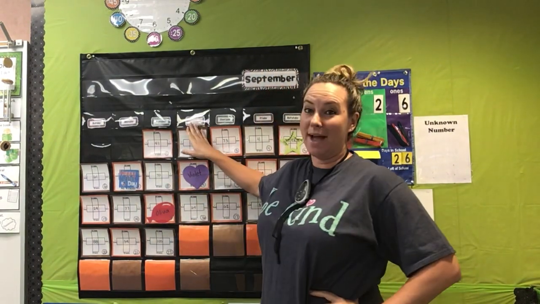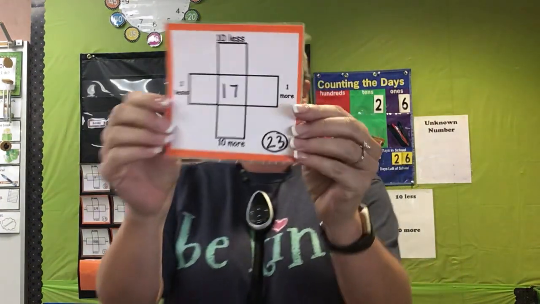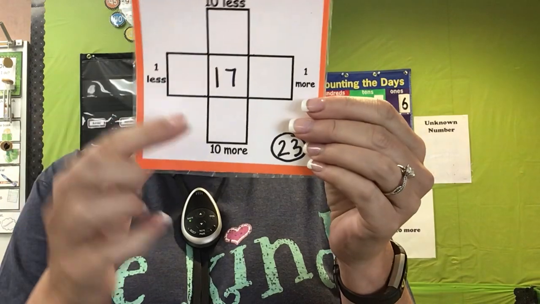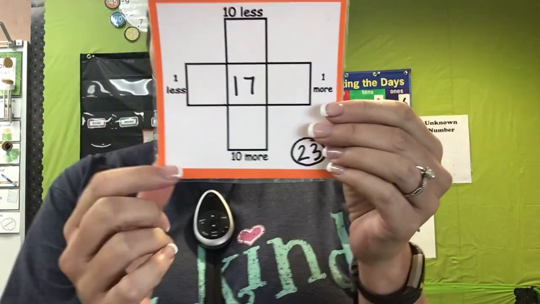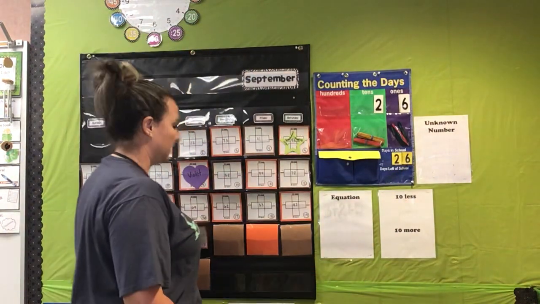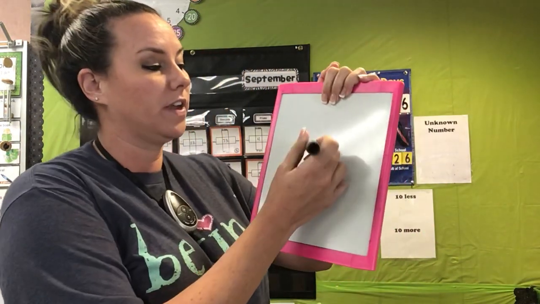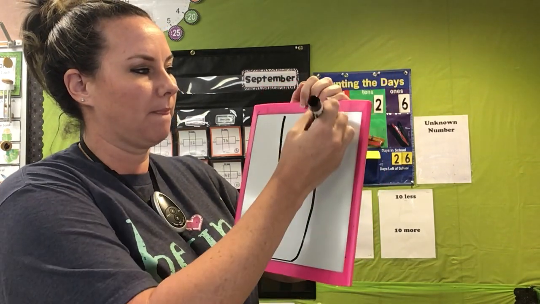Today is Wednesday, September 23rd, 2020. Today we have the number 17. We're going to be doing 10 more, 10 less, 1 more, and 1 less. So I'm going to write the number 17 on my board. You can follow along with me with your 120s chart, or you can count by 10s and 1s on your fingers. So if we have the number 17,